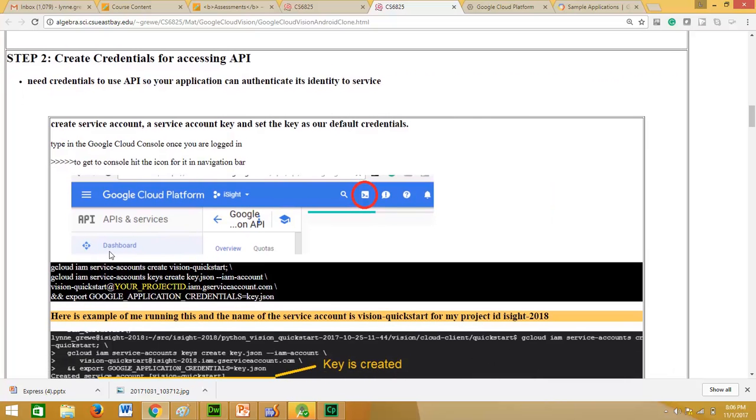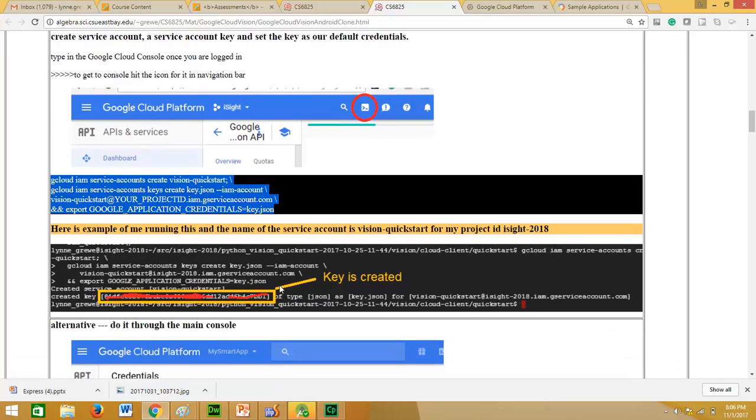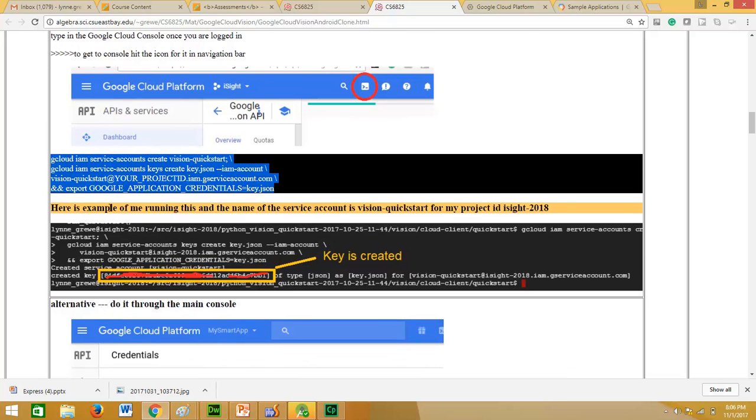So what you're going to do is type in the following items, which is actually going to create a service account. This is something you do only once every time you create a new project that's going to use Google Cloud Vision. And so here's an example of me running it,